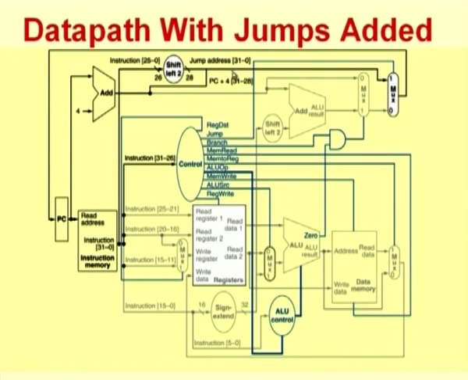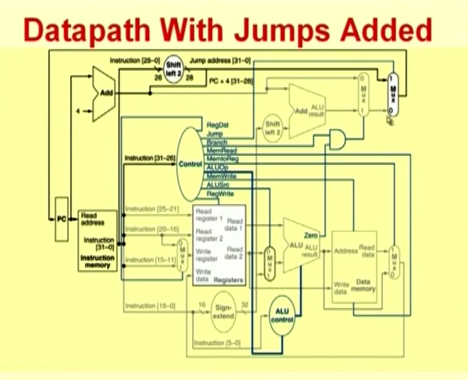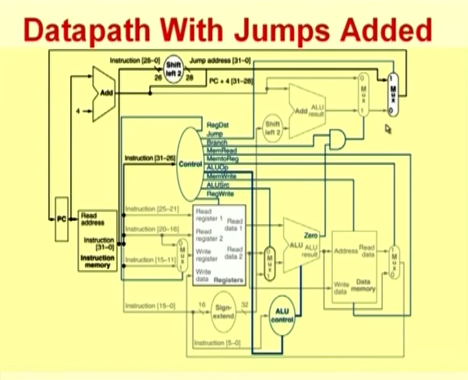So, now look at this. This value also will have to come as the input to the multiplexer. So, I am now adding one more multiplexer. We already had a multiplexer here. Of course, you could have combined these two multiplexers into a single multiplexer. That is what would normally be done. But just for our ease of understanding, when we are adding one more logic, I am just adding one more multiplexer here, which will choose whether it is a conditional branch or